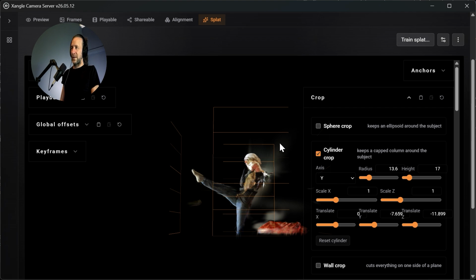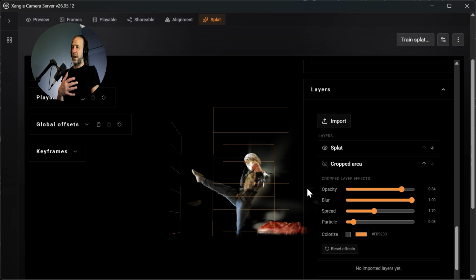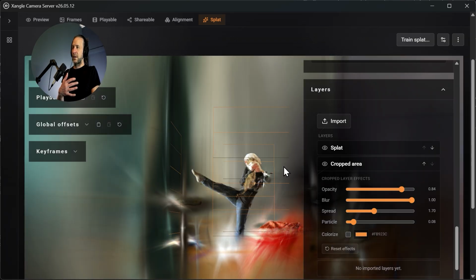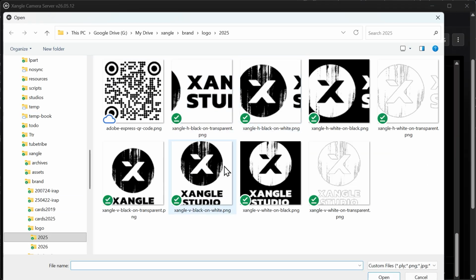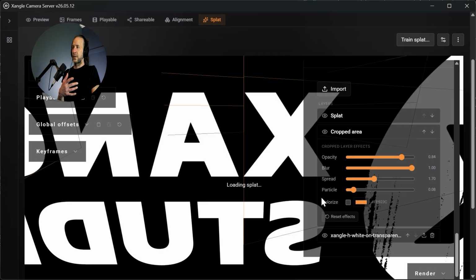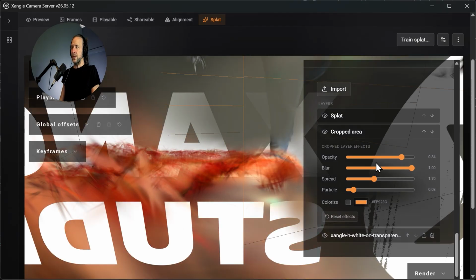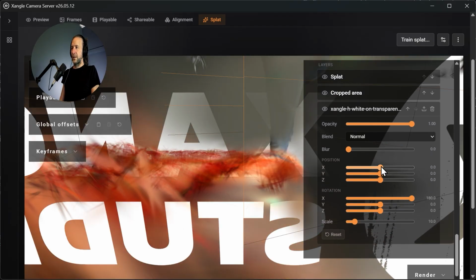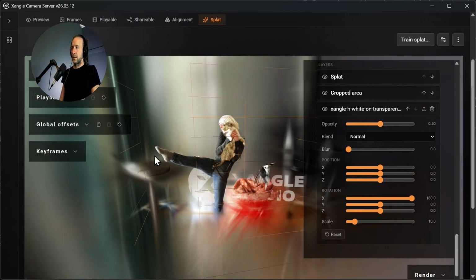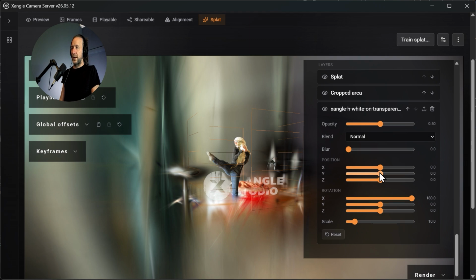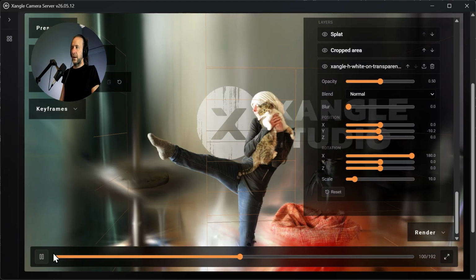Okay, so now you see that she's well separated from the wall. So if I put back my cropped area, looks good, and then I can import my logo. I can change the opacity of it. And I can bring it up right there. And then if we play the whole animation again,